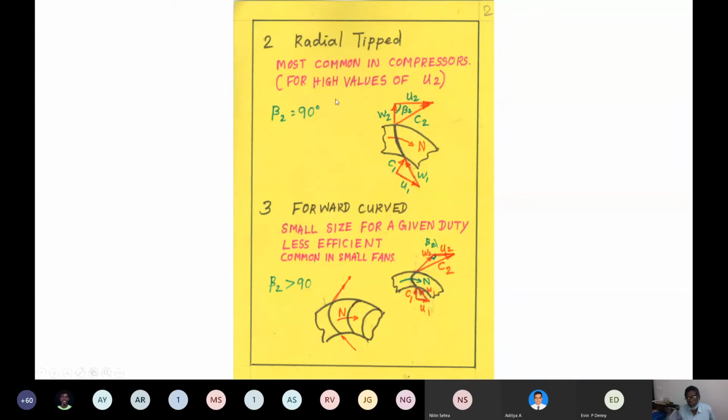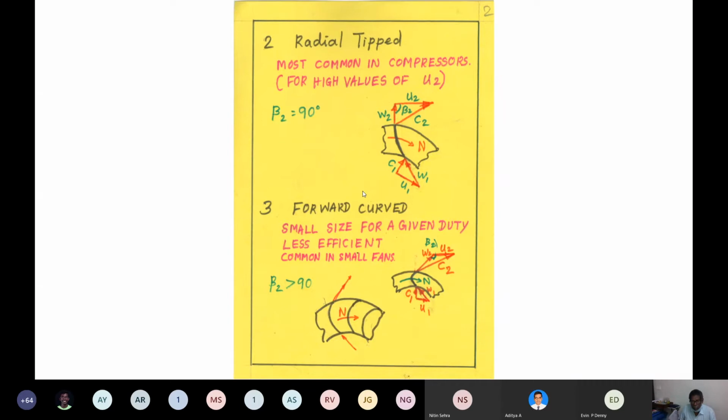Okay, so in such cases, they go for beta 2 equal to 90 degrees. You may ask in what way it helps. When the impeller rotates at very high speeds, the major stress is produced by the centrifugal forces. So when the blade tips are also in the radial direction, they are oriented in the best manner. If they are slightly in another direction, there are additional centrifugal forces, and you will have bending stresses and all those things on the blade. Okay, so this configuration gives the strongest blade configuration.